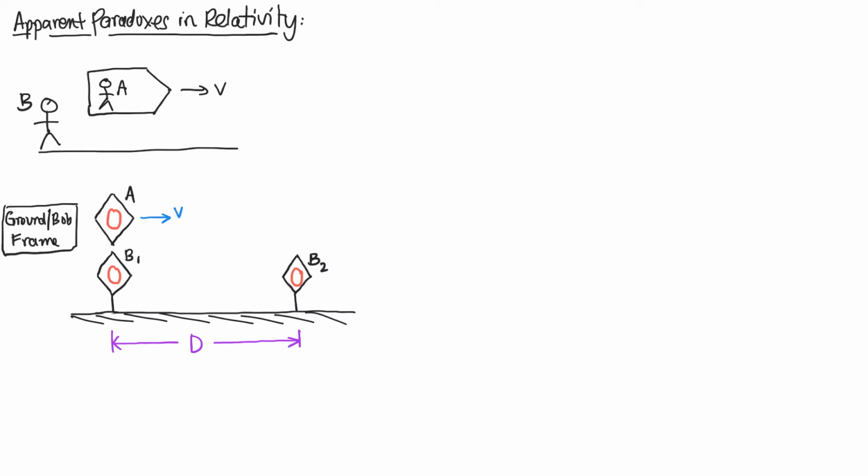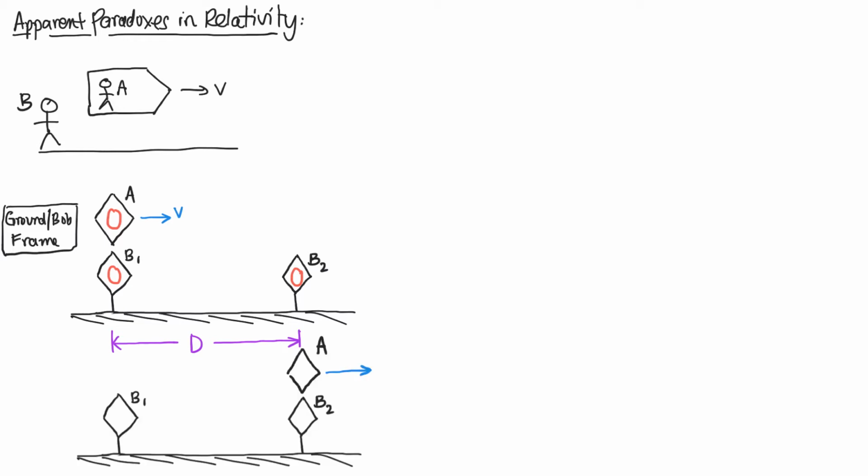Okay, great. So this is the first event, and then the next event is going to be when Alice reaches the second clock, B2. So let's take a look at that. Good, so we see now that clock A, or Alice, is over next to B2, and we want to put some numbers in on these clocks. Well, the first thing we notice is that Alice has traveled a distance of d at speed v, and so we know that the elapsed time will just be d over v. So since the clocks at rest indicate the elapsed time, we know that both of these clocks read d over v.